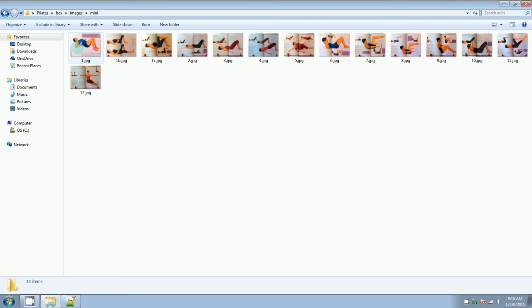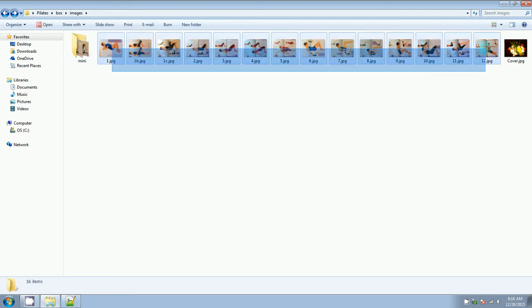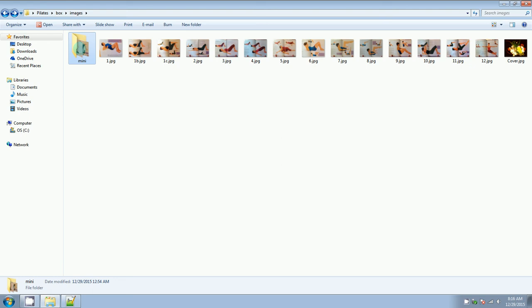So what I wound up doing is I wound up opening all of my images, including something I've got called cover.jpg that'll open when I initially open this program. You see these bouquet of flowers that I got for my birthday this year that are a little bit enhanced. I have a folder called Mini, so I highlighted all of my pictures here and I copied and pasted them